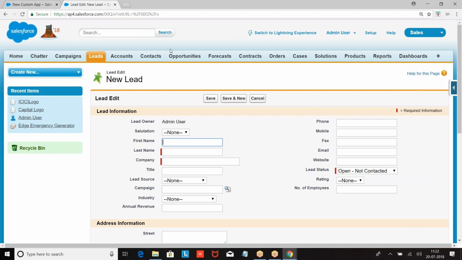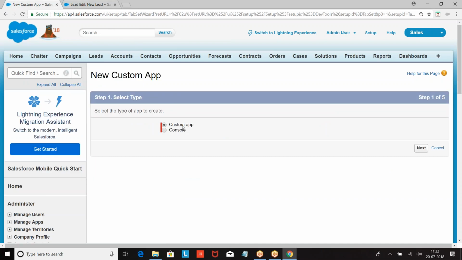So instead of that, what do we do? When you search, open page 1, page 2, page 3 in different tabs, so that I can search all the pages at a time. Am I right? The same concept is on the console. Console means everything that we open will be open in a new tab. Right? How many types of application do we have? Custom app or console app. Now I am choosing custom app. Go to the next.